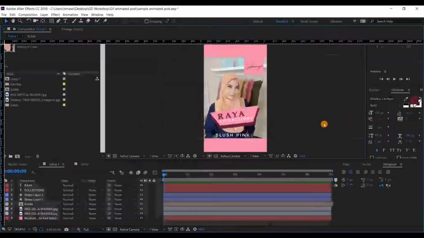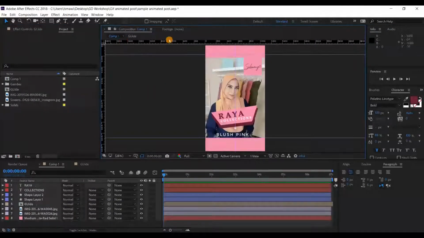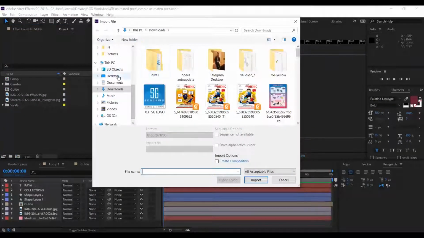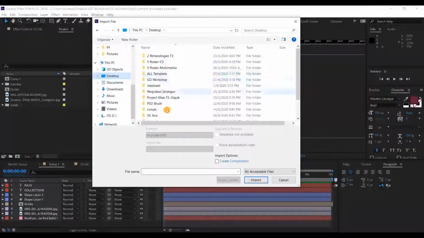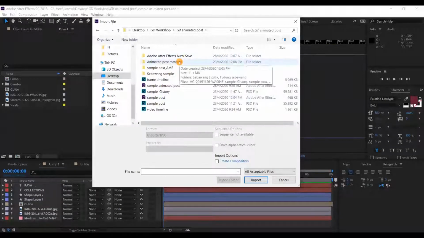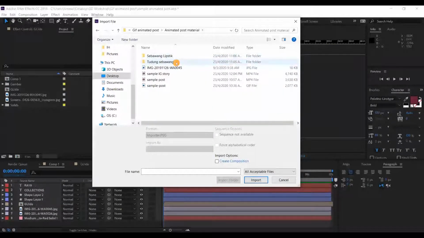All right. So I hope you already have your document. I'll give you some time to import the picture first, and don't forget also to import your logo. The logo will be, I believe, outside of the pictures. So we will have the material where we have a folder for the tudung, and we have the logo here. Make sure you rename your files, so that your workflow will be smoother.